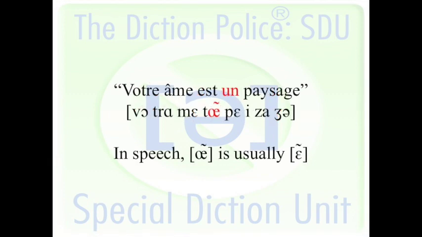Great. So when we have the U followed by an N, when we have a U in a nasal situation. Yes. In the first line of the poem here, votre âme est un paysage. That UN, the indefinite article in French. So it's actually a very common little word. Yeah. It just means a landscape. This also is a tricky sound with the U.